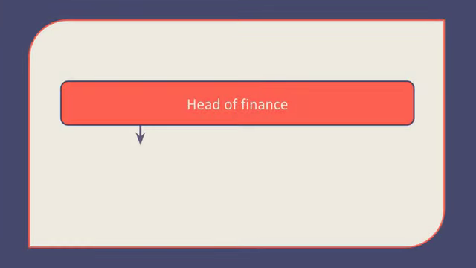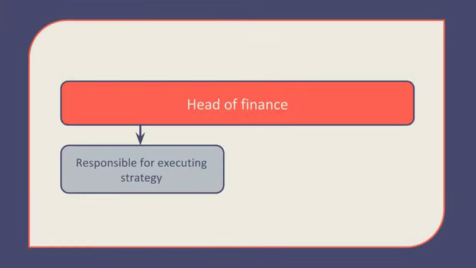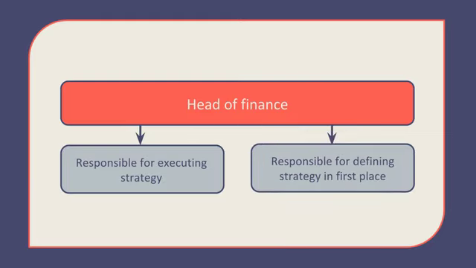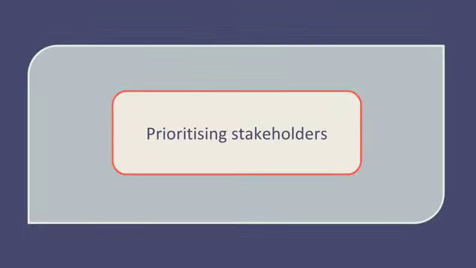We're now going to step into that board meeting to look at how the decisions are made leading up to explicit business strategies. Not only is the head of finance responsible for helping execute that strategy, the head of finance also has a role to play in helping to define it in the first place. Let's start off by reminding ourselves of the stakeholders a business has and how the management of the business needs to prioritise those stakeholders' requirements in order to define the objectives of the organisation as a whole.